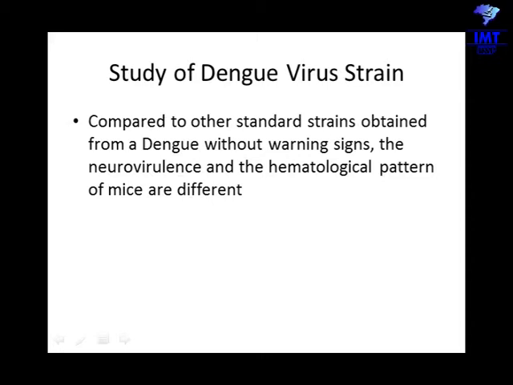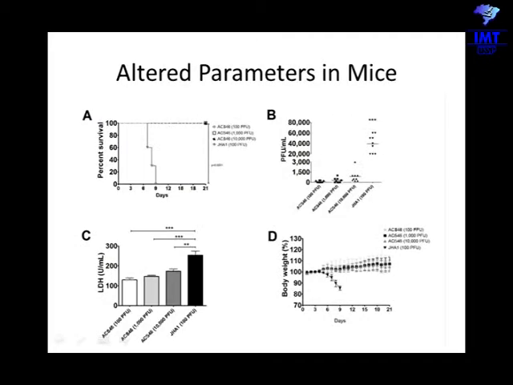We studied this dengue virus strain and compared it to other strains obtained from dengue without warning signs, and this neurovirulence and the hematological patterns of mice are different. For example, this strain JH will kill mice at 3 days, and here, in B,